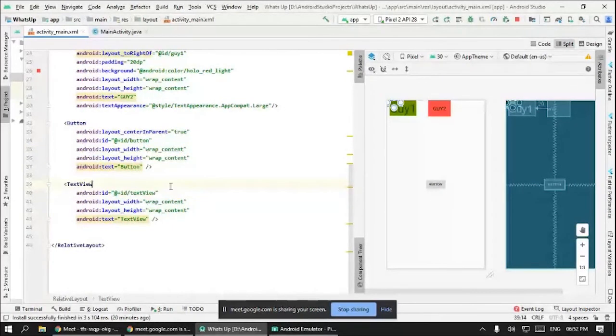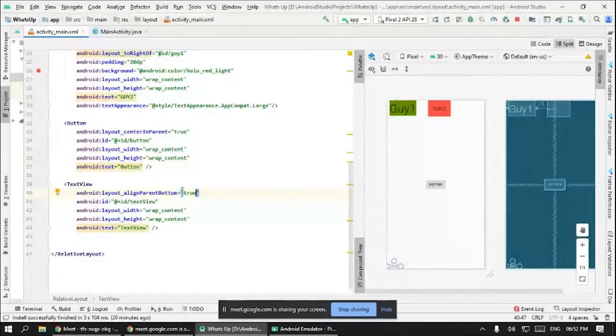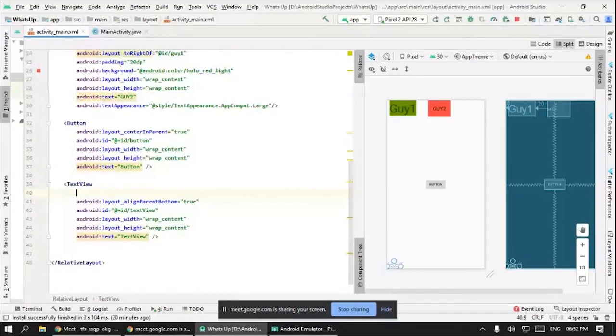There is a text view. I will ask him to sit on the bottom. Layout align parent bottom. I put that true. The text view goes to the bottom. And I want him at the bottom center. I say layout center vertical true. No, that's wrong. It's horizontal. I always mistake what is vertical and horizontal.